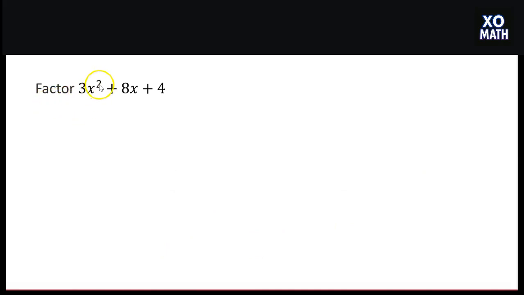We want to factor 3x squared plus 8x plus 4. Now this one wouldn't be terrible to do the guess and check method on because the leading coefficient is prime. We can only get 3x squared by doing 3x and x. But let's just go ahead and use this process called the x method, which is going to have us taking